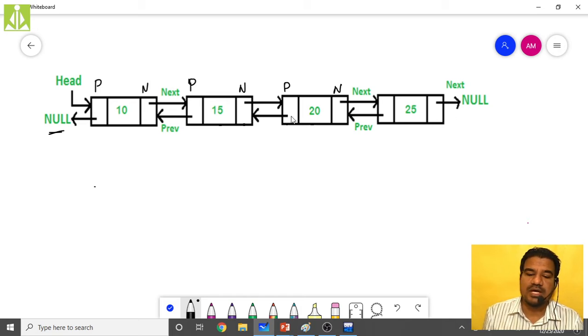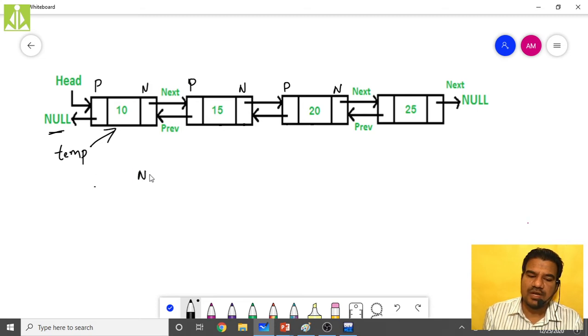In order to do the traversal in the forward direction, first we have to take a temporary pointer and make it point to the first node. This temporary pointer has to be of node type because it is pointing to a node. So how can we do this?